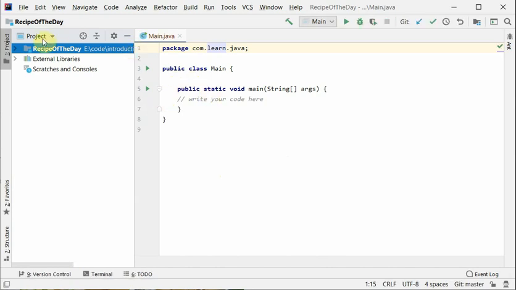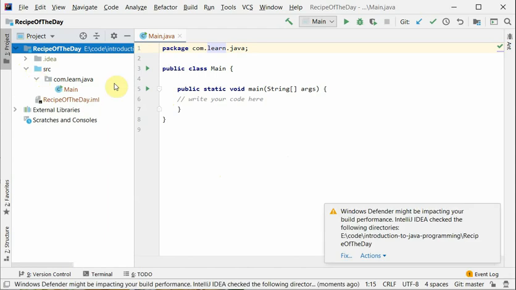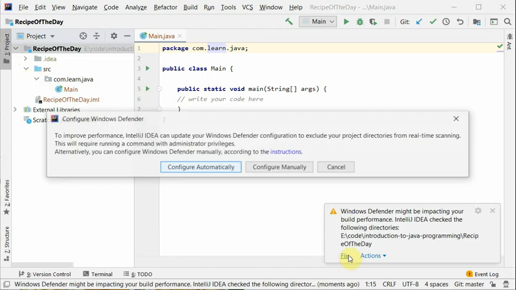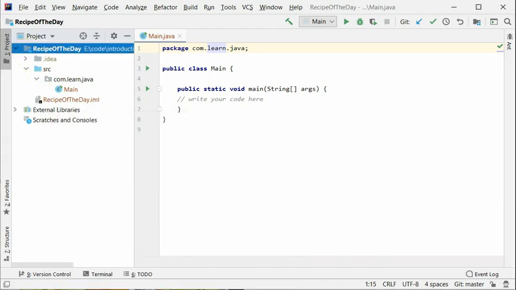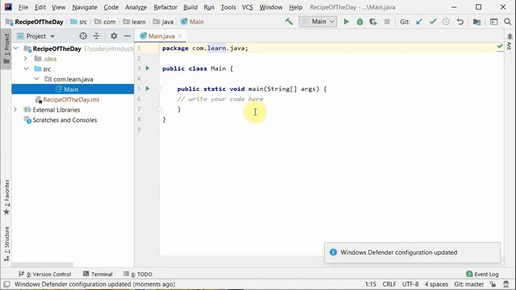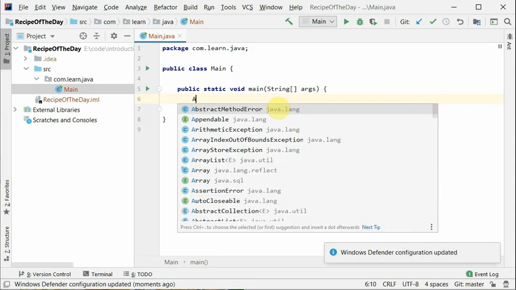So here we can see our newly created project. It automatically creates the main class here and with the main method. So this is going to be a very simple application. We know that we have to have a list of these items. So one way could be I create